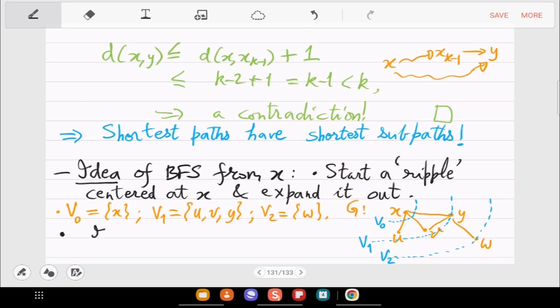So initialize an array whose value at x is 0, and for all other vertices, you set it to infinity.